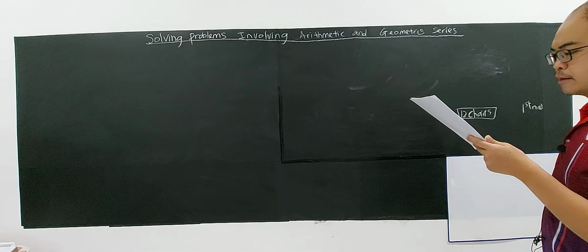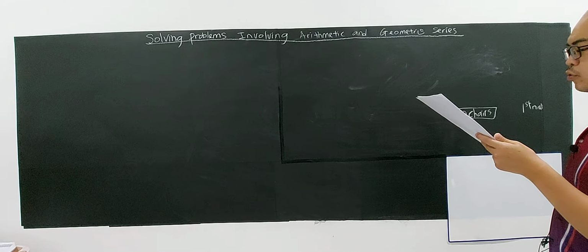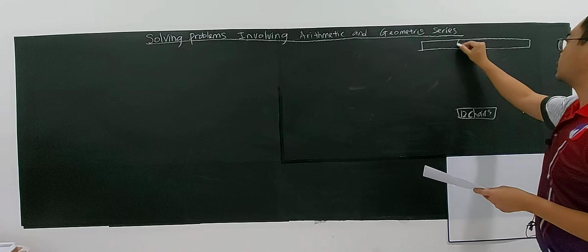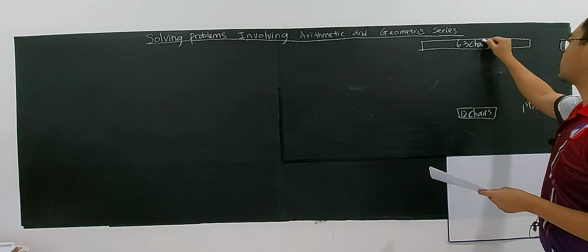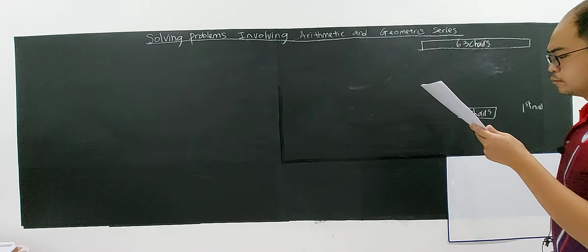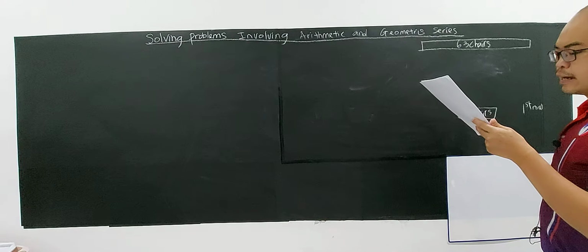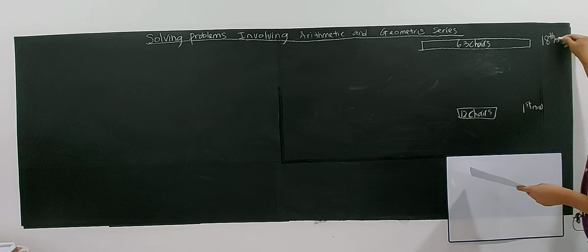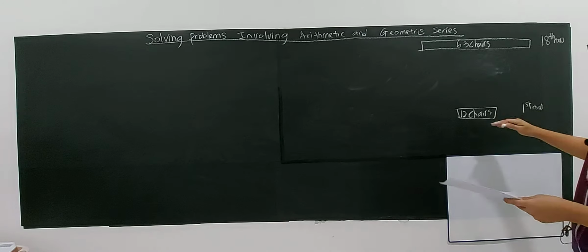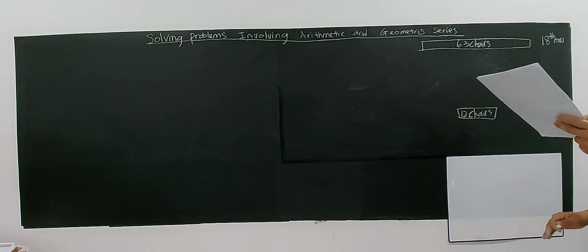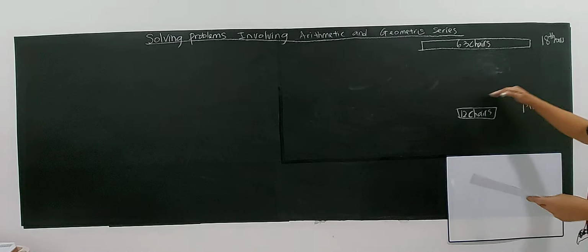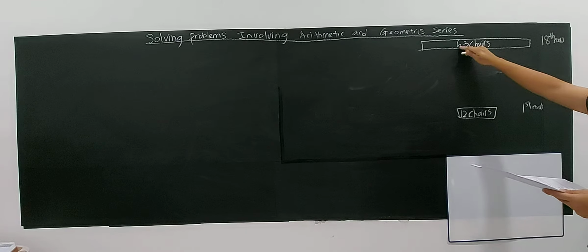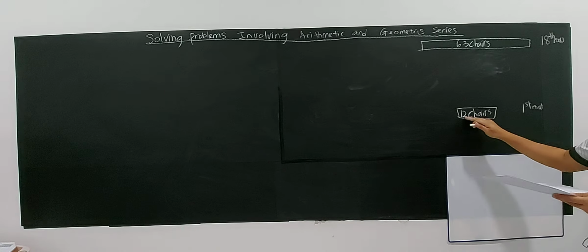Then the question says the last row contains 63 chairs, right? The last row contains 63 chairs. So there are 18 rows altogether. So this is the 18th row, right? Why? Because there are a total of 18 rows. So this is the 18th, because the last row is the 18th row, which has 63 chairs, and the first row has 12 chairs. So that means